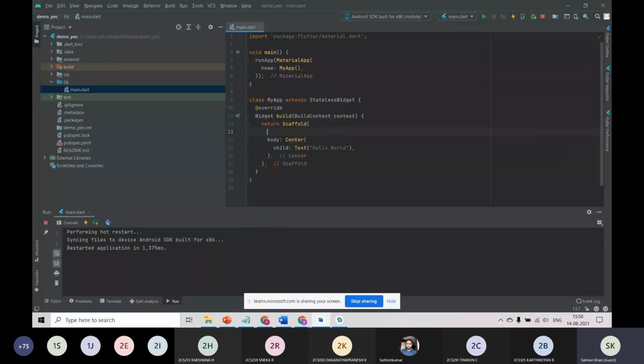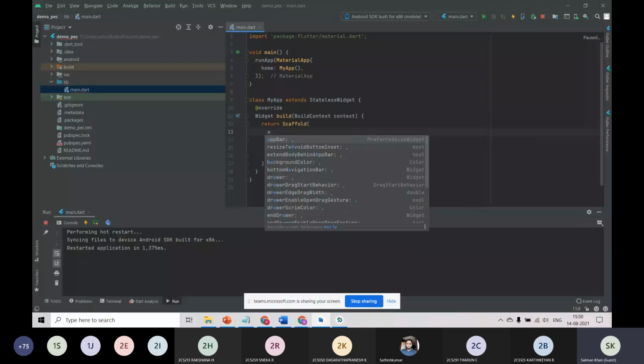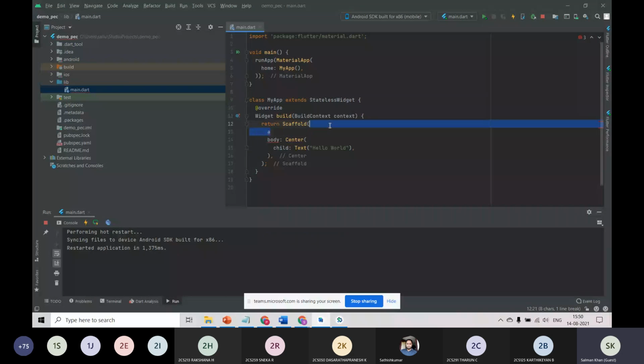And here you can see any feature like app bar, drawer, or anything. So Flutter is mostly about practicing. Whenever you see this type of thing, you may find it new or difficult. But when you just know the format of Flutter, everything will be easy for you.